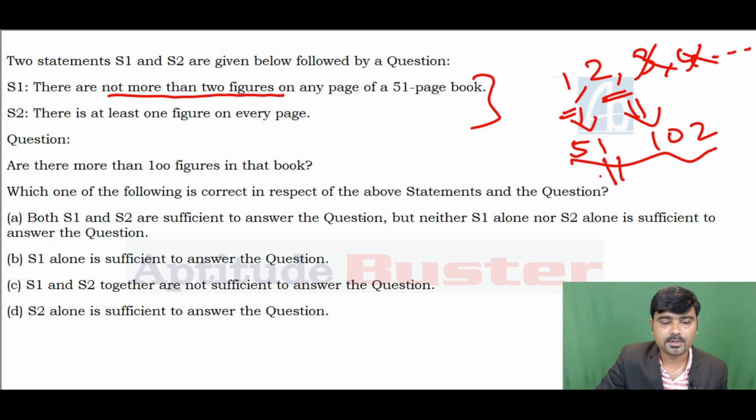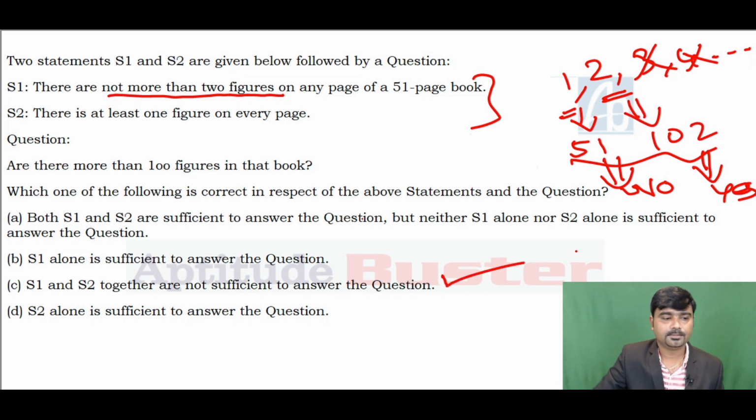Using this you can say no, right? Using this you can say yes. So even if you combine also, you can't say the definite answer for this question. So the answer for this question is S1 and S2 together are not sufficient to answer this question, and the